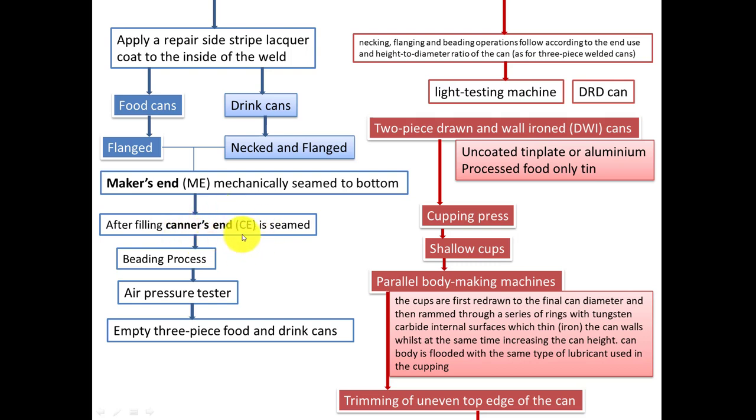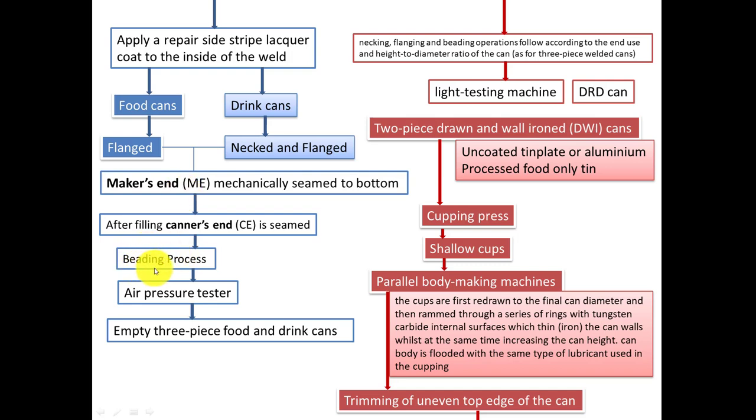It will be carried out in on-site operations. Let's say the empty can is supplied to the industry with one can welded to the hollow cylinder and one supplied in loose form. Whatever material they wish to pack, either a drink or a food material, they will apply this canner's end. So after applying the maker's end, that is the bottom end.